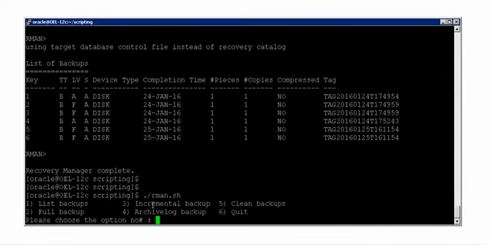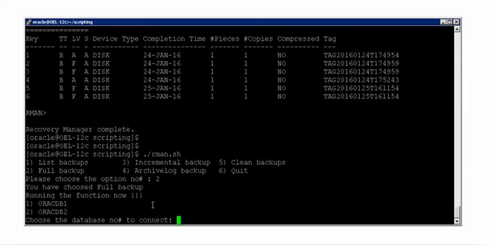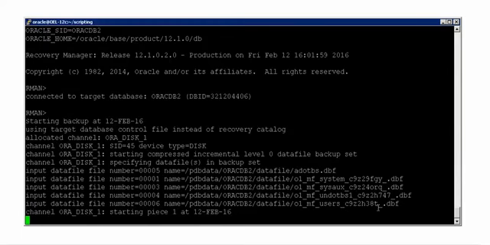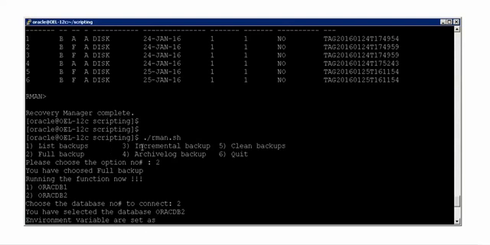Now again, I'm running this script to take the full database backup. That is the second option. Now it is asking which database you want to connect to and take the full database backup. That is the second one, Aura CDB2. Now it has connected to RMAN of that particular database and it is taking the full level 0 database backup. We'll just have to wait until this backup completes and then we will test the next options. What is the next option to test after the full backup? We will test incremental backup, then archive log backup, and also cleaning up